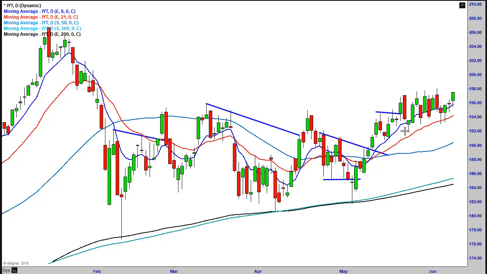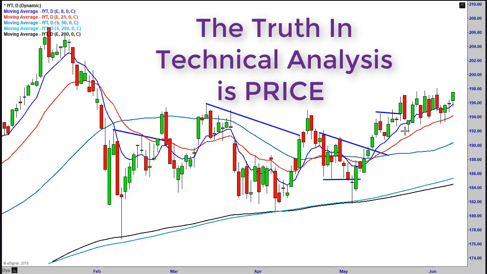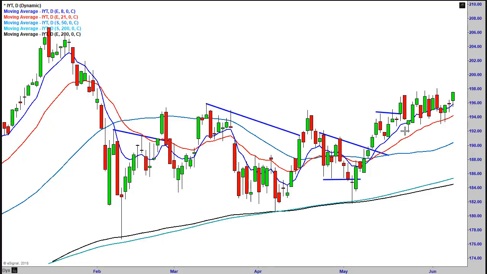All of this is what's stopping you from understanding what is the truth in technical analysis, and that is price. You do not need trend lines. You do not need different indicators like stochastics and MACD and RSIs and ultimate indicators, and the list goes on and on and on. And you can spend years trying to figure this out and trying to figure out which one is right,